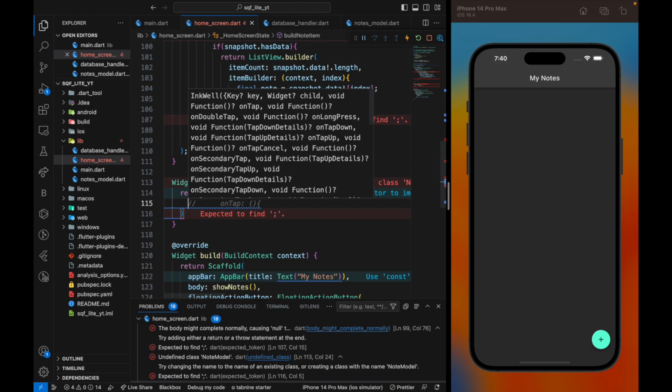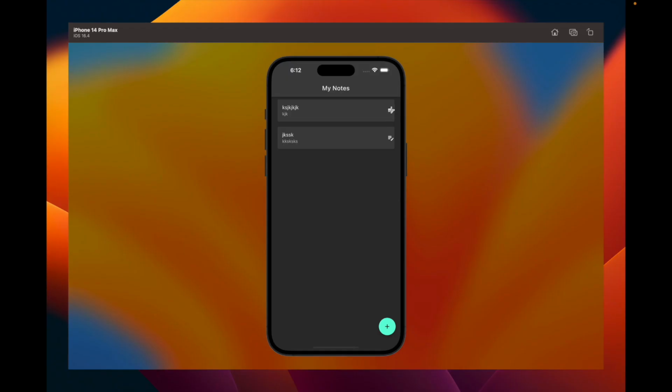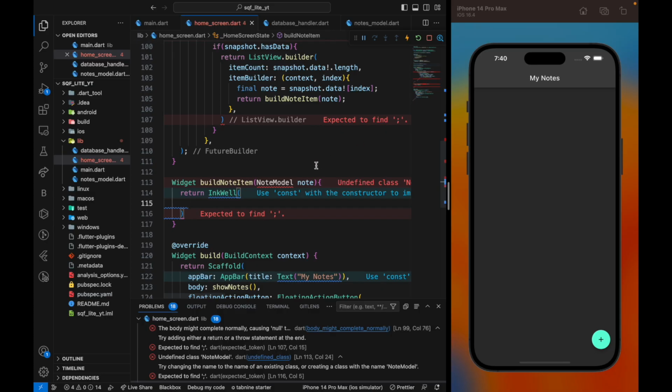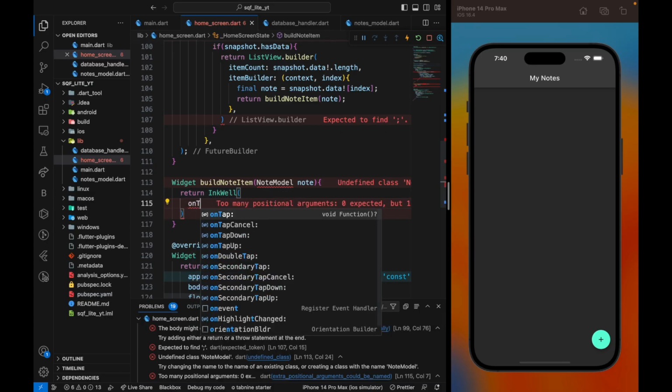An icon. If you see right here, we have this icon, and when we tap on it, what I would like to do is that you should be able to edit the note, right? So InkWell on top, so when you tap on it,